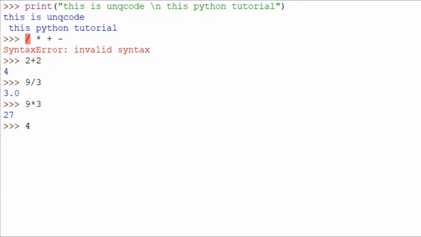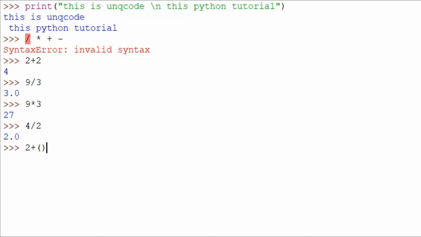And next is 4 divided by 2, you get it, it all works. And let's see some extra things like using parentheses or brackets.